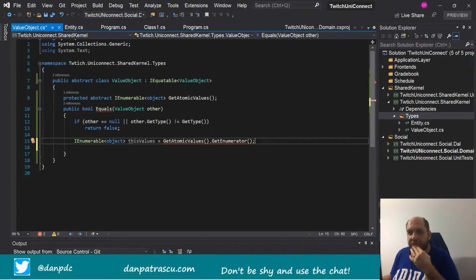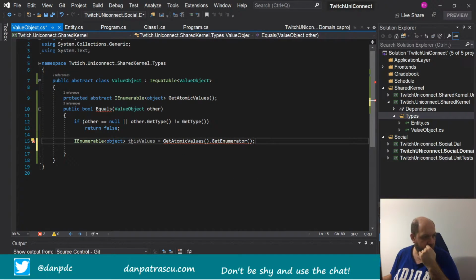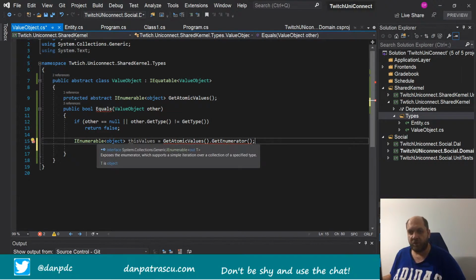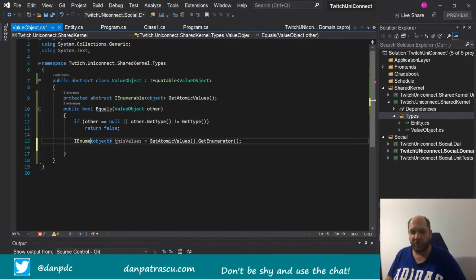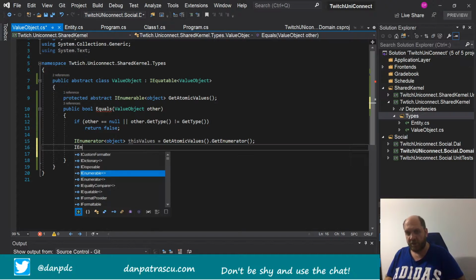Okay, let's think about it. Can I pick a type, enumerator of object, enumerable? Okay, so it says that one returns the... sorry, of course, here we don't get the enumerable, we want to get the enumerator. How dumb am I? Enumerator, because here we get an enumerable of objects, but right now we just want to return the enumerator for those objects. Yeah. Okay,